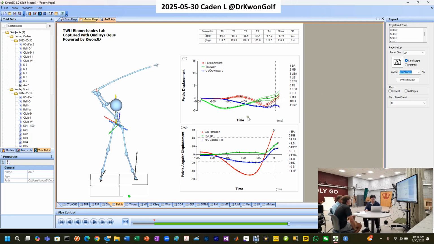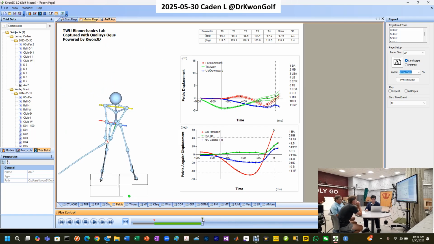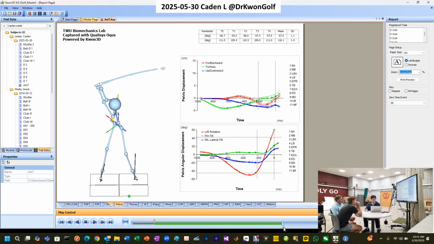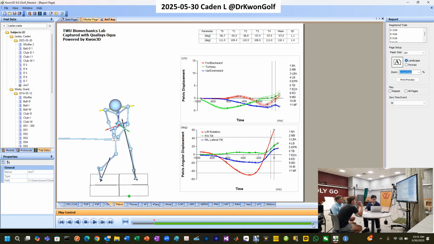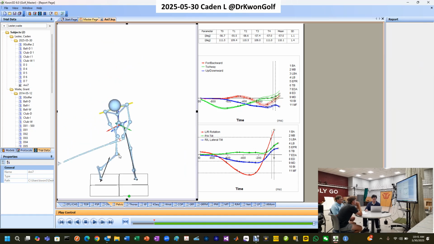So, and then, so this one, you're going away a bit more than usual here. But then the pelvic center of mass is not moving toward the target that much. So pretty much staying at the initial position here, and now you're just spinning around here. You see how much your right knee is coming in to spin around. Another one is